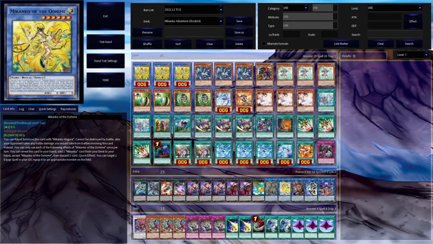So I'll just real quickly go over the Mikanko cards in case you're not aware of what they do. I made several videos going in depth with exactly what their effects mean. You can see them, or I'm sure some other YouTuber you might have seen explain it, but just for quick reference,